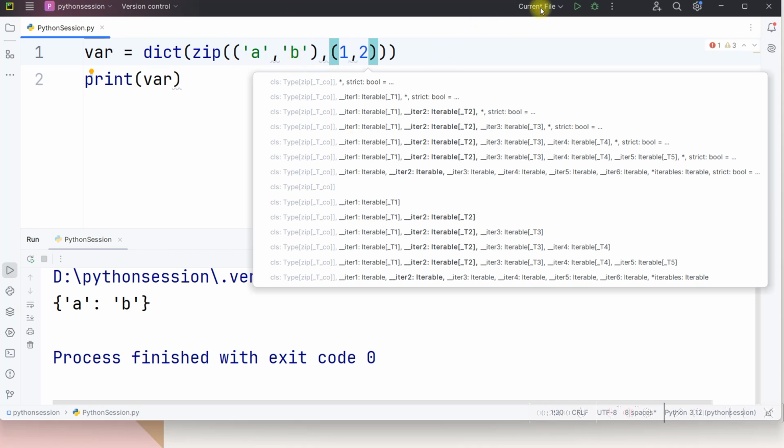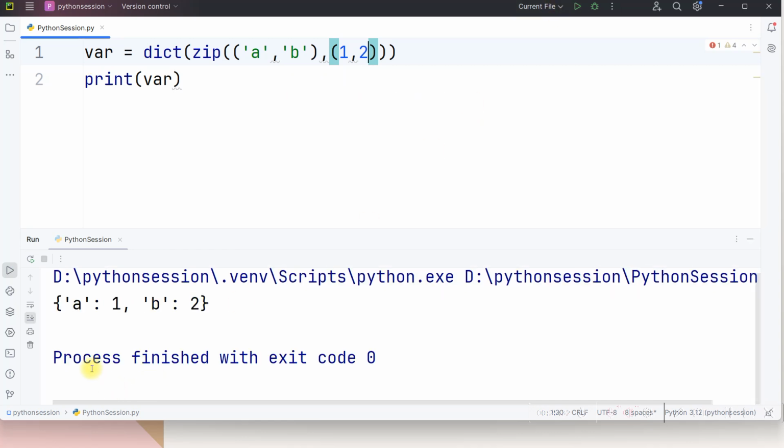Now what will happen when I run this code? You can see here, these two sequences are merged to become a dictionary. So the first element of the first sequence will be mapped to the first element of the second sequence, and